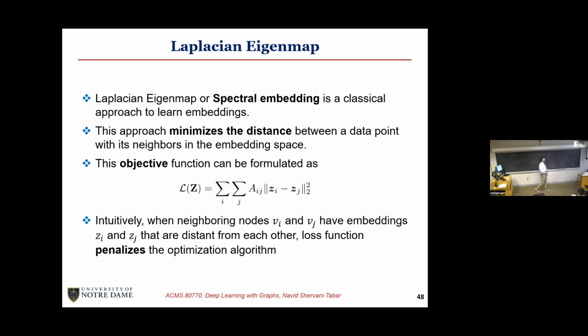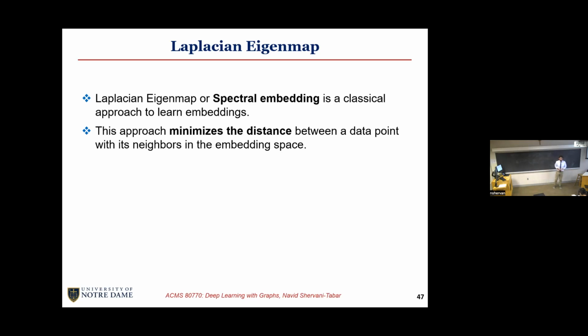Alright, so we start from Laplacian embedding. Another name for this is spectral embedding, and this and the next item that we will review come from classical manifold learning approaches. The idea behind this is that the underlying representation of some data lies on a manifold, which is locally Euclidean,